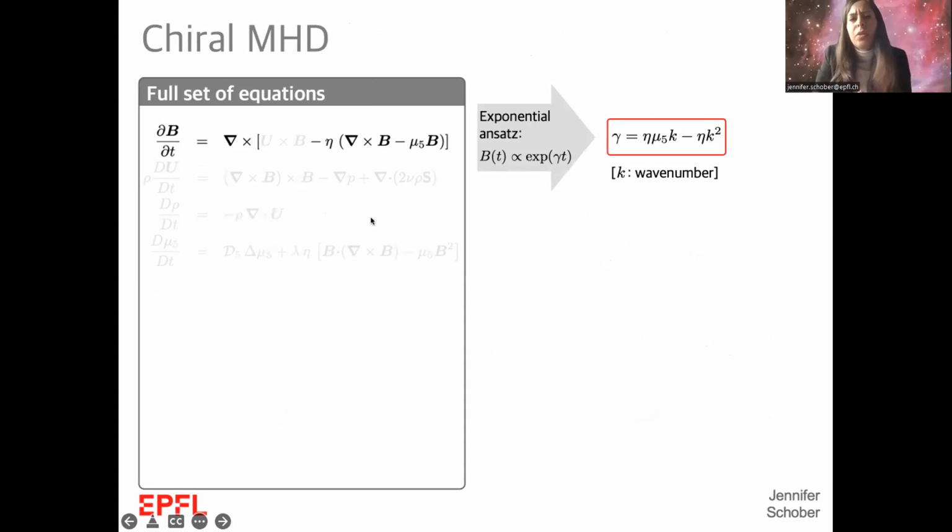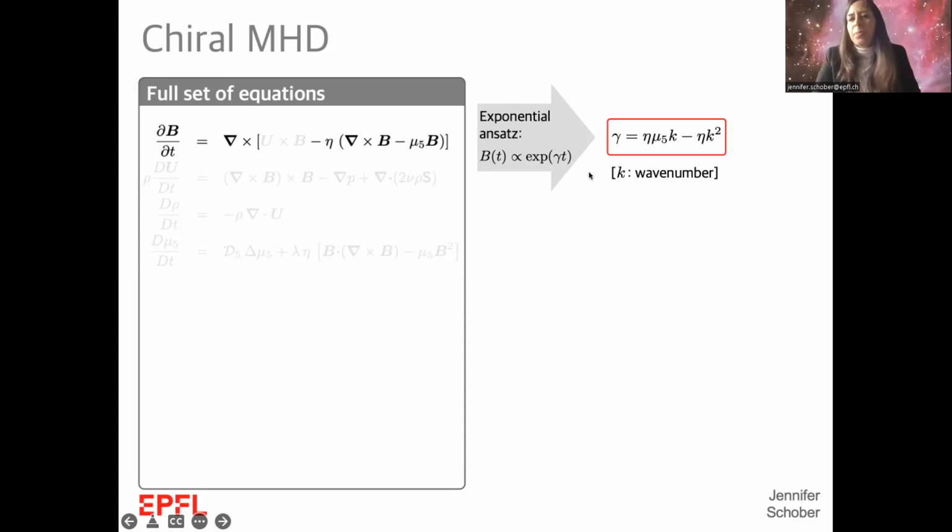So if we just look at this chiral induction equation, you've seen it before, there's this additional new term in the end related to the mu5, and if you work on mean field dynamo theory, you may realize that this term looks a bit like the alpha term in the mean field induction equation, and then you directly notice, oh, that's an instability in the magnetic field, and this instability is, however, not related to turbulence or to any mean field effects. This instability also occurs in the total induction equation, and we can solve